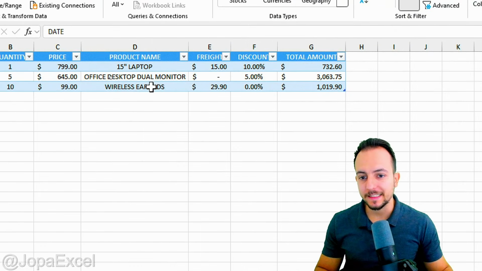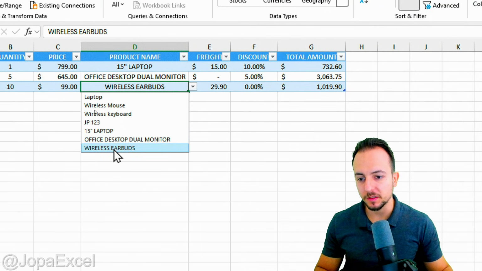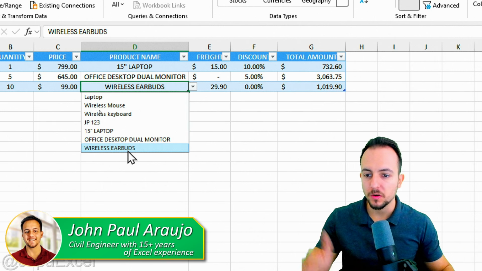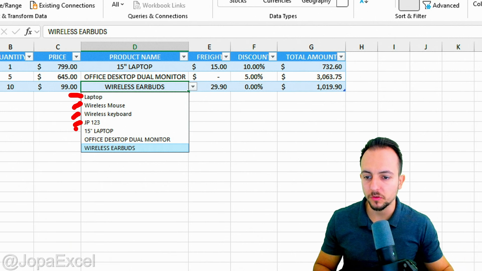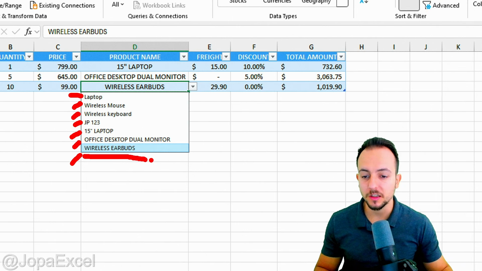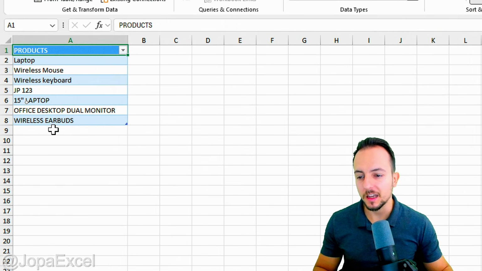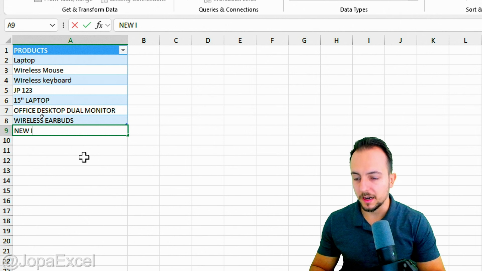How to create a dynamic drop-down list in Excel that updates whenever we add new items to the items list. So right now I have 1, 2, 3, 4, 5, 6, 7 different items, and the last one is wireless earbuds. However, if I go to my items list and add a new product, let's say new item 1, 2,